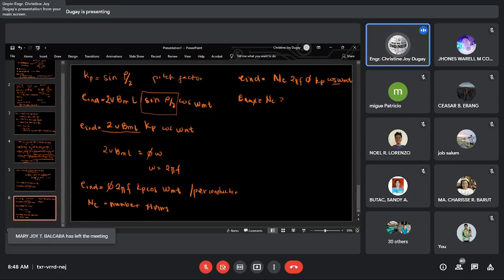So, NC ngayon natin, that is 2 pi f flux Kp. So, yan na lang natitira. Wala ba akong naiwan? NC 2 pi f flux. So, I'm just going to arrange in terms of your book. So, 2 pi f, 2 pi. Ganito po yung pagka-arrange niya. NC, Kp, flux f. So, ito na po yung Emax natin. This is in volts. So, kung kukunin nyo naman ngayon, yung RMS value neto or yung average natin,